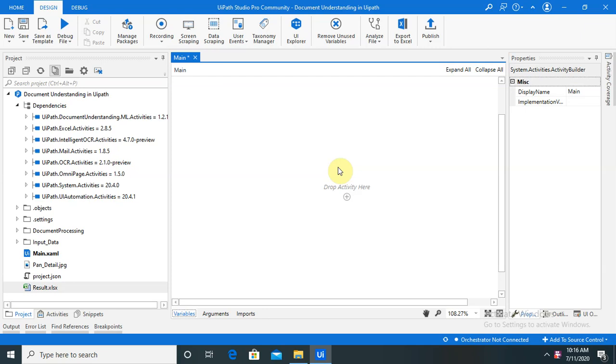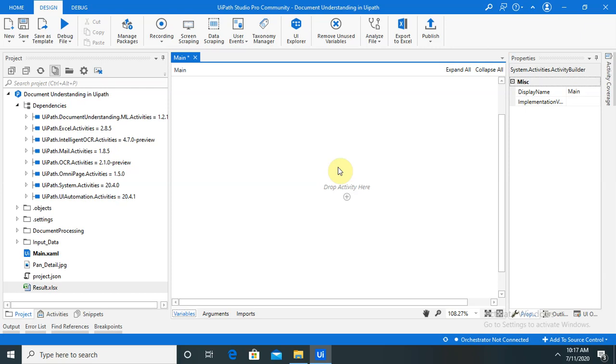So let's see the agenda of this. By using the document understanding method in UiPath, I will create one sequence and follow all 6 steps which are used in document understanding. If you don't know about document understanding in UiPath, I've already created one session. I will mention it in my description tab so that you are able to understand what document understanding in UiPath is, how we can use it, and what the benefit of that is. You can watch my previous session. So let's start with this.